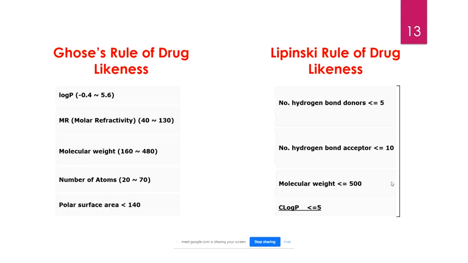Now what is C log P value? C log P value means the partition coefficient. And what does it mean? To be precise, it means the water absorptivity of a particular molecule, how much it is solubilized in water. The water solubility coefficient. And how do they actually measure it?